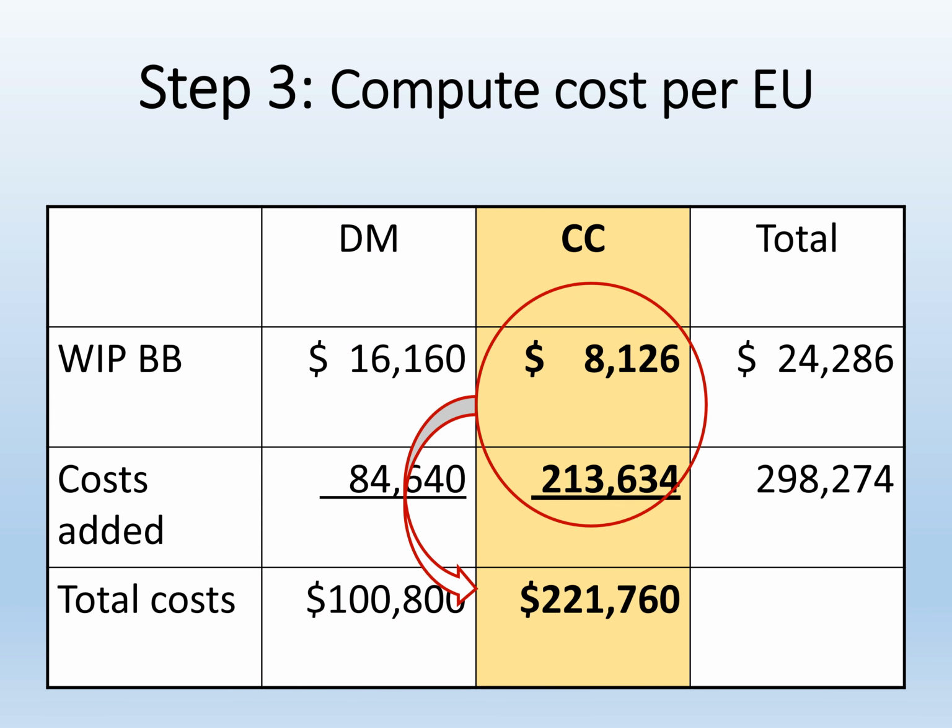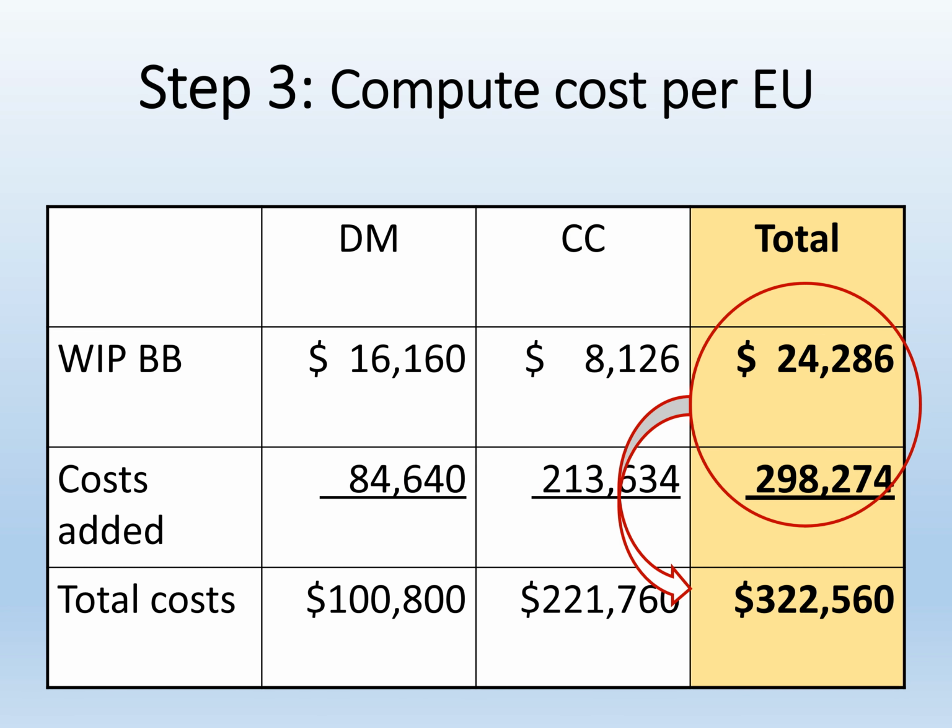And we can do the same thing for conversion costs by adding the conversion costs that were already in the work in process beginning balance plus the new conversion costs that were added in September. We can also add the total dollar value of the work in process beginning balance to the dollar value of all of the new costs that were added during the month to get the total manufacturing costs used by the